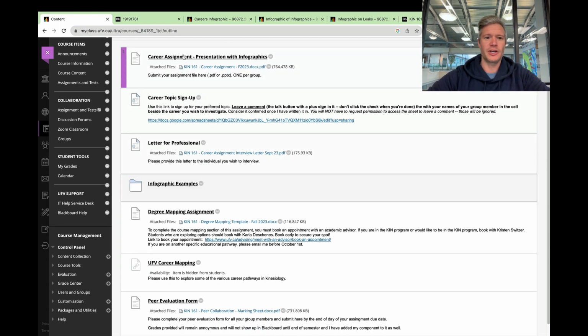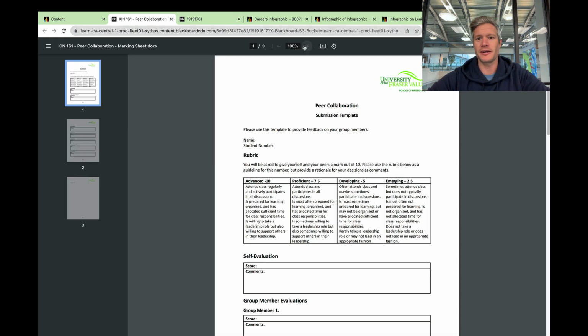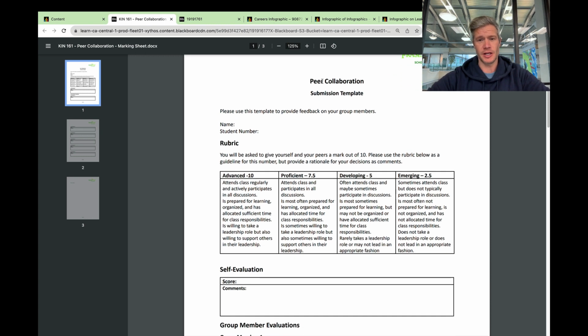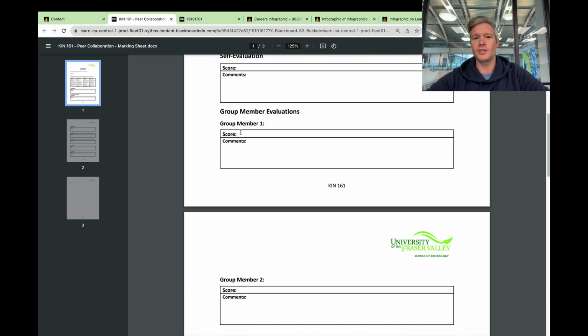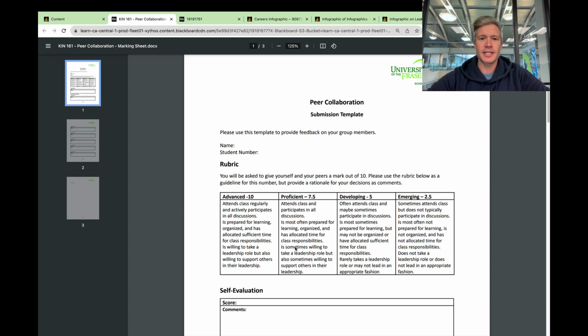Good, so that was almost all of our group aspect of things. Here is your peer assessment. Once you're done, on the day of the due date of your presentation, I also want you to email me this peer collaboration evaluation sheet. You're going to go ahead and self-evaluate yourself. Here's a grading rubric for yourself, and you can give numbers between these values as well, but they're just meant to be a bit of a gauge as far as where to give marks. And then fill in each one of these boxes for one of your group members, giving some feedback about that.